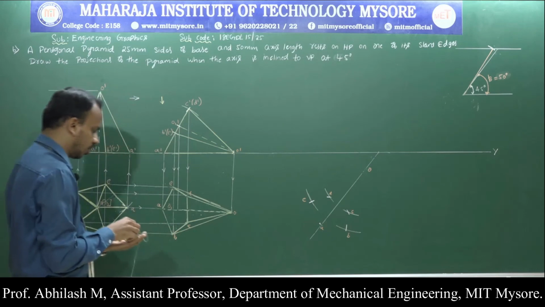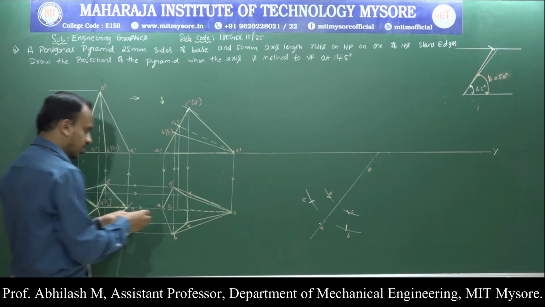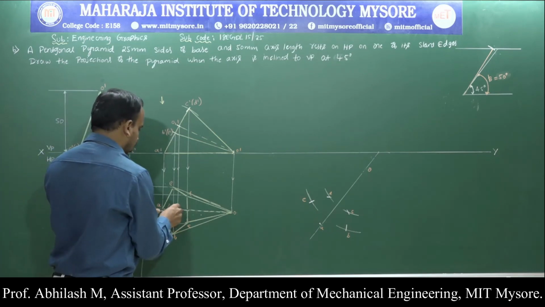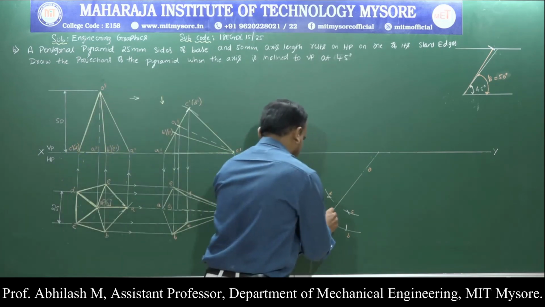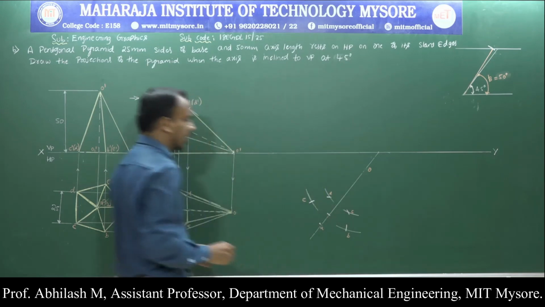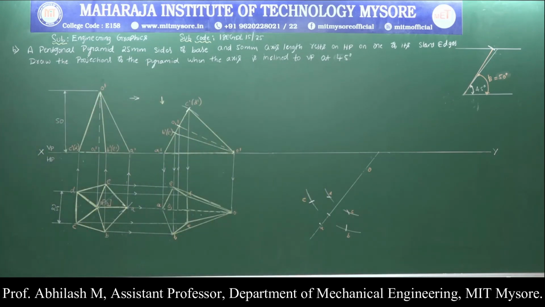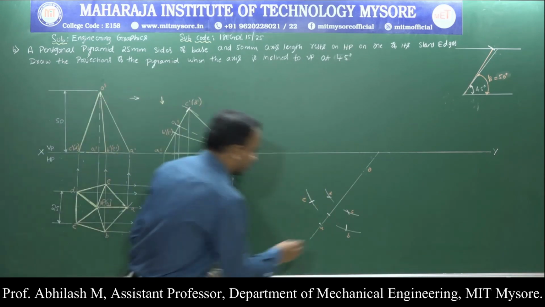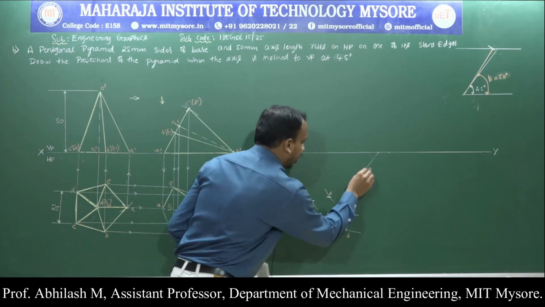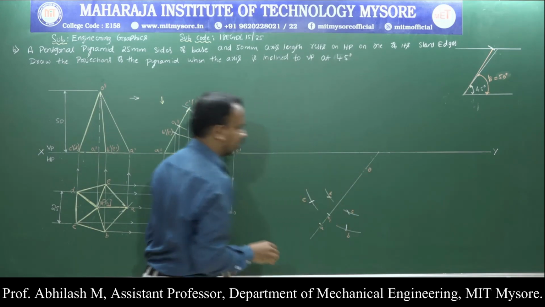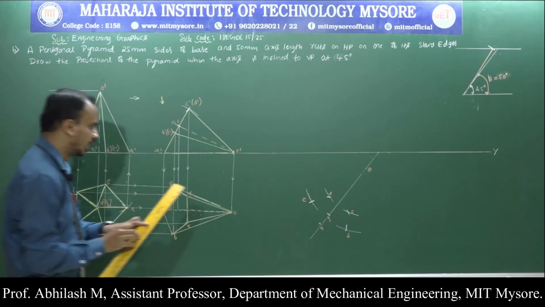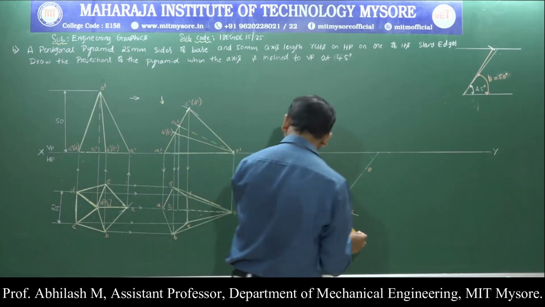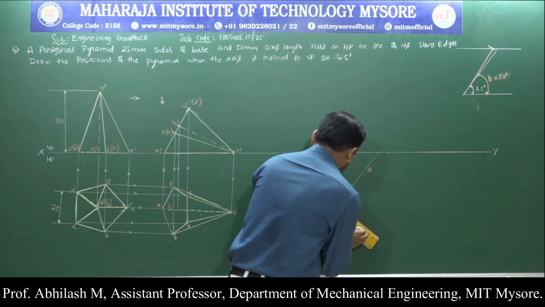The only thing that is left out is O1, which is along the same line of O and A. Measure the distance and cut an arc. So I have transferred all the points of the second position to the final position. So let us complete the process. Let us join the points. We know that D to C is a thick line.